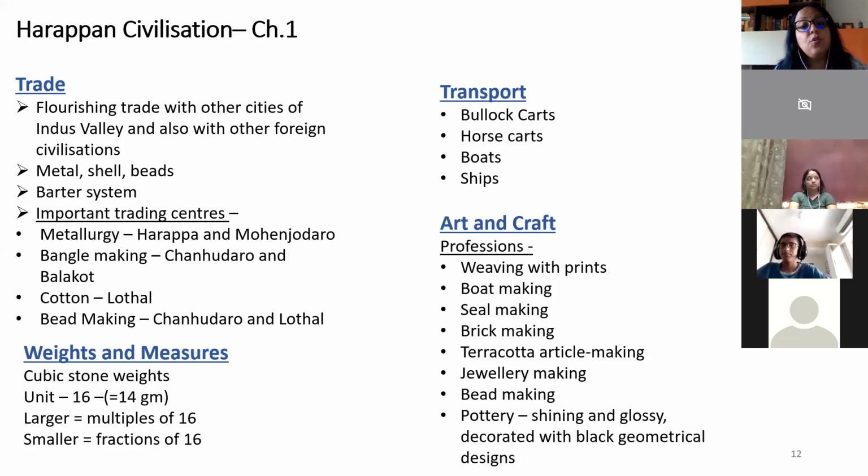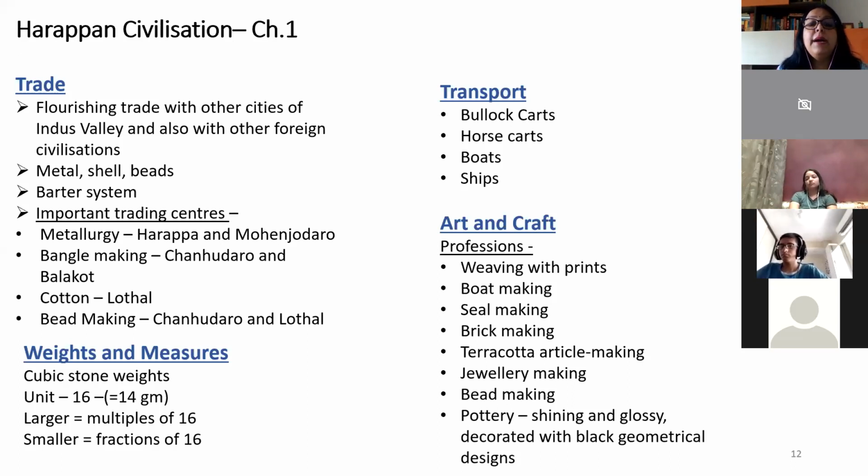After it was done, the stone will be round and it has a hole in it, but it will not be shining. To make it shining, they used something like sandpaper. We all know that if you rub something with sandpaper, it becomes very smooth. And if you constantly keep rubbing, it becomes so smooth that it will shine. Any surface, when you rub it a lot, becomes so smooth that it will start shining. Same thing they did. So they rubbed the beads with water and sandpaper, kept on rubbing till the bead became very shiny. So bead making was a very important craft.